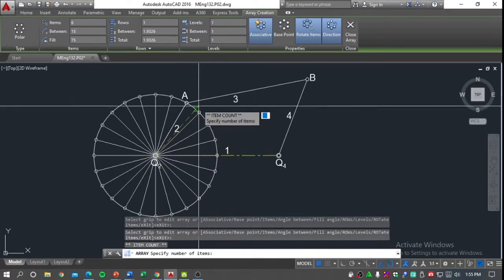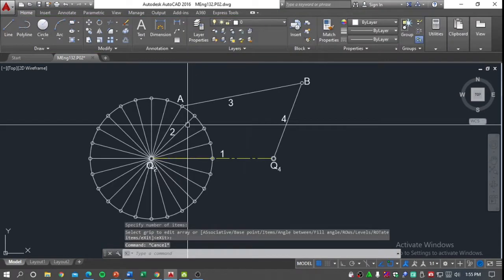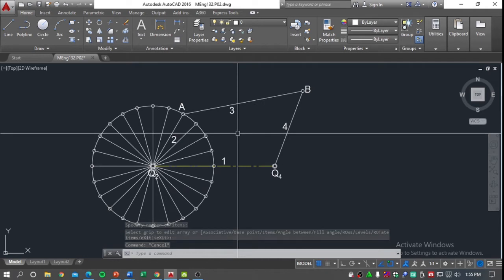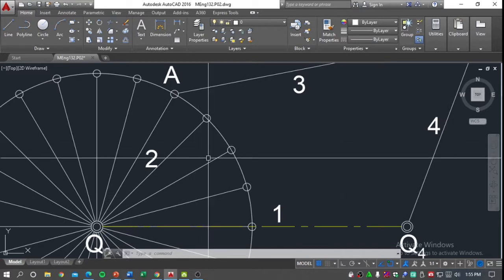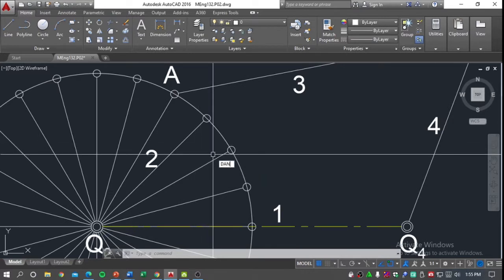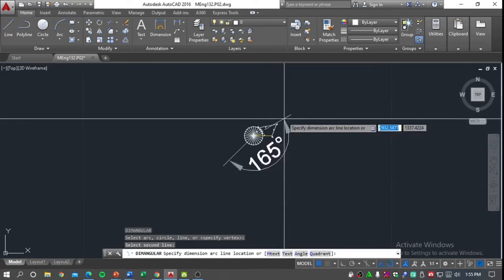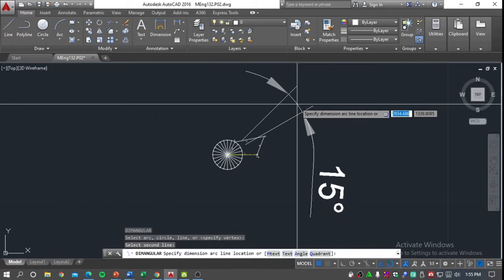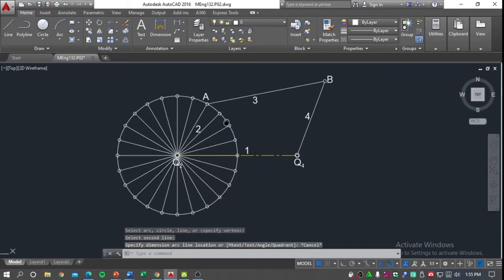Next. Okay, that's it. So we'll have an array of the home position of the crank tube in one single revolution. Okay, so upon checking here, we can say that the interval between these positions is 15 degrees, right? So we have checked here that the interval between the positions is 15 degrees, right? So after that,